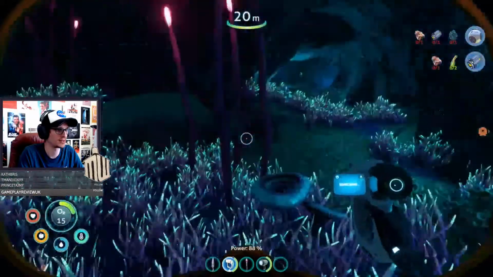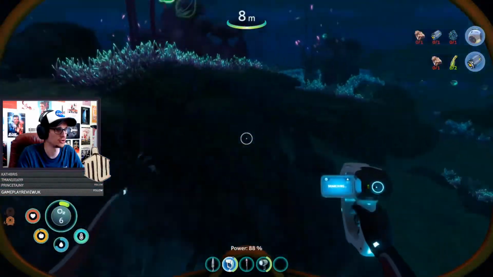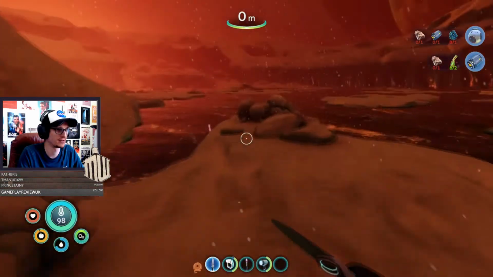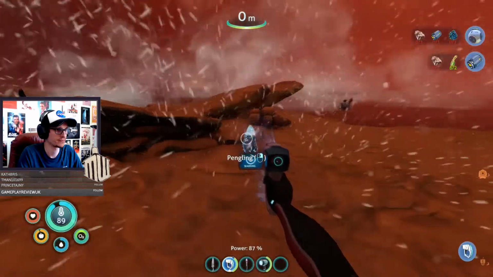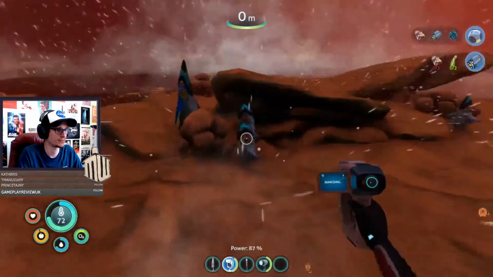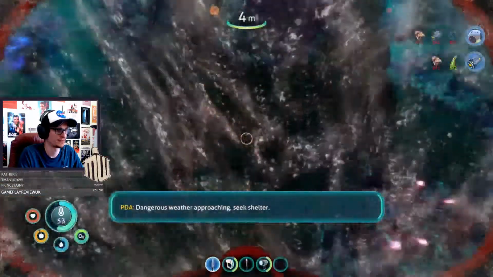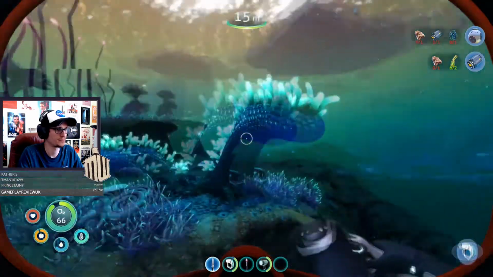Oh, no. I thought that was a mechanical thing that we could scan. Unfortunately not. Oxygen. Oxygen. That isn't going to get annoying at all, is it? Yeah, I kind of want to go and see what the fuss is over here now. Now I've got my knife. Interesting. Dangerous weather approaching. Seek shelter. What is...